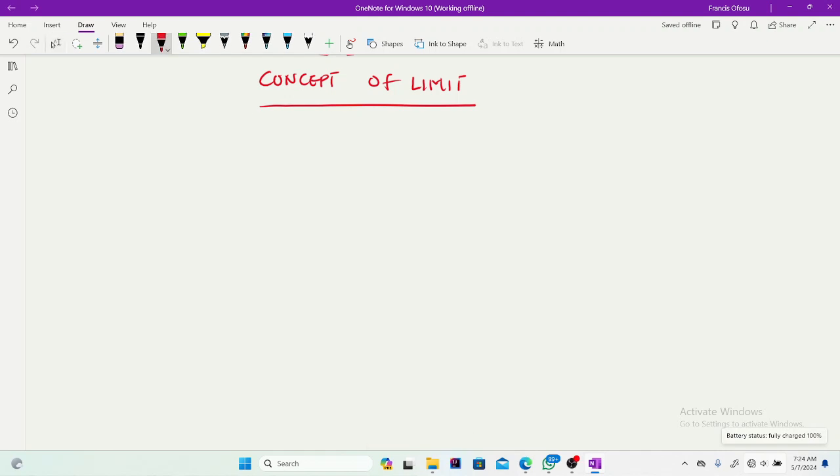So in this video, I'm going to take you through the concept of limits. In functions, we have what we call a limit. When you say a limit of a function, you can get the understanding right from the word limit, because when you say somebody is limited, or ask what's your limit, it means how far you can go. You can't exceed your limits. You get it? So the limit of a function simply means how far a function can go, provided you